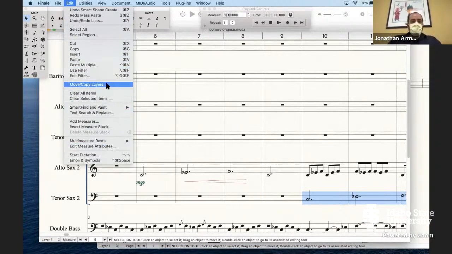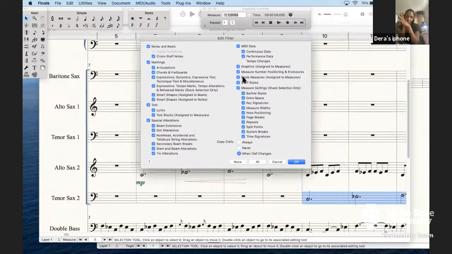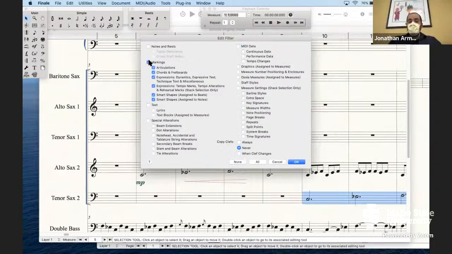Sorry, I know all these hotkeys. Oh, there it is. The hotkey for Mac is Shift, Option, Command F. But if you go to Edit Filter, check this out. This tells you what you're copying and pasting. So if you say none and you say only the articulations, the chords, well, we don't even care about the chords, the expressions,